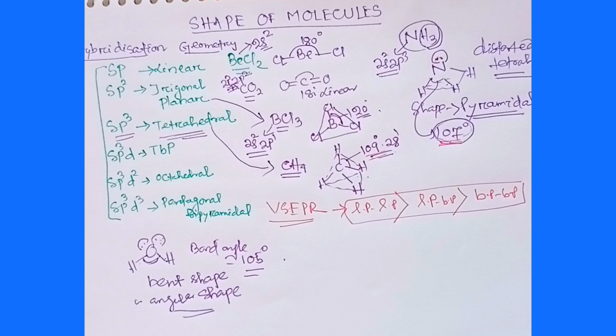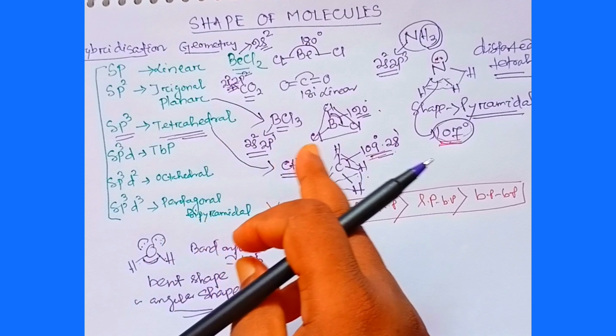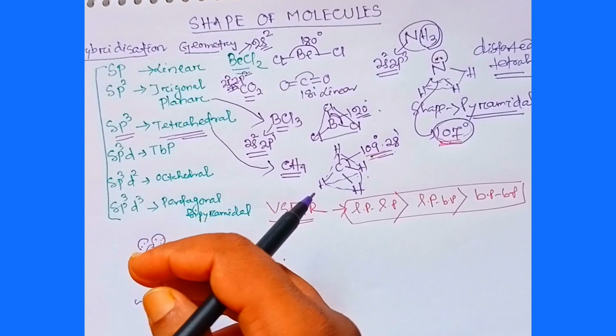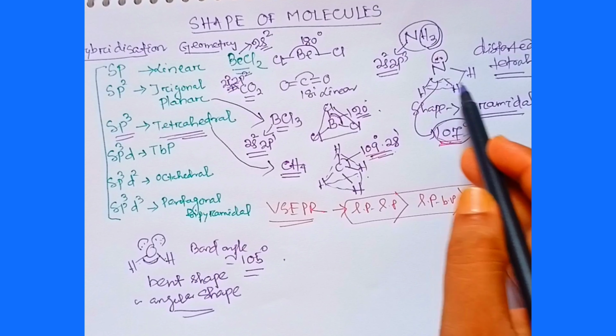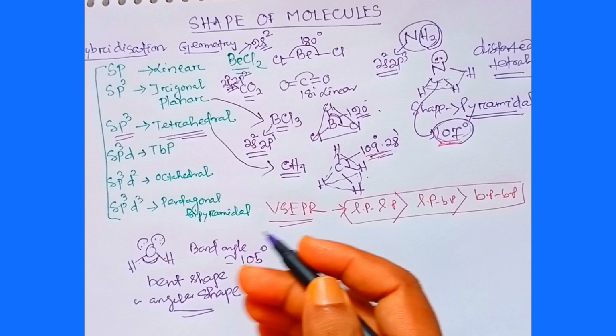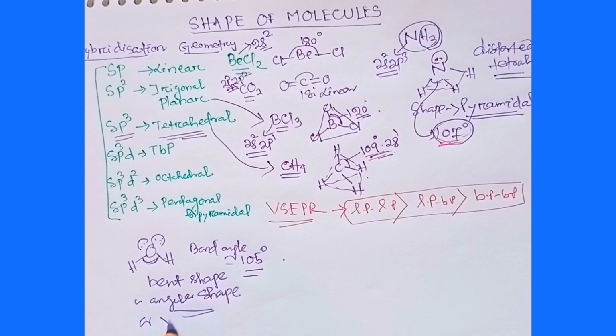So these are a few simple examples we discussed to know geometry and shape, and how due to the presence of lone pairs the shape of the molecule is changed a little from its regular geometry. Whenever there is a lone pair, suppose the geometry should be tetrahedral, but due to the presence of lone pairs the geometry will be distorted tetrahedral. But in particular, if the shape is asked, we have to say in case of ammonia the shape is pyramidal, and in case of water we will say this is bent shape or angular shape or also V shape.